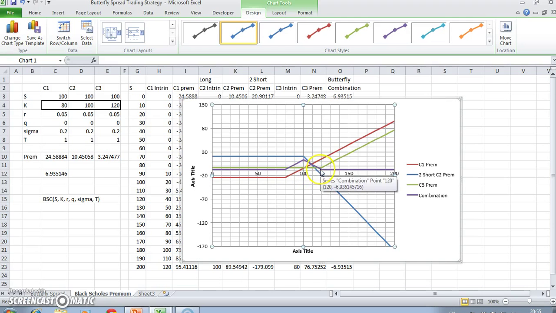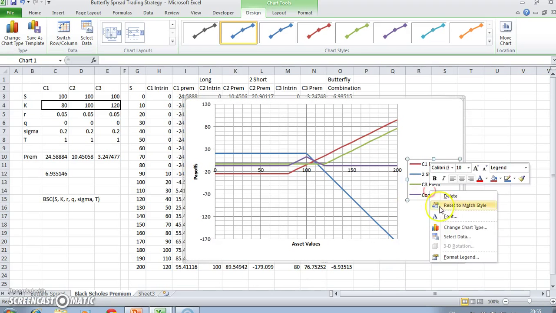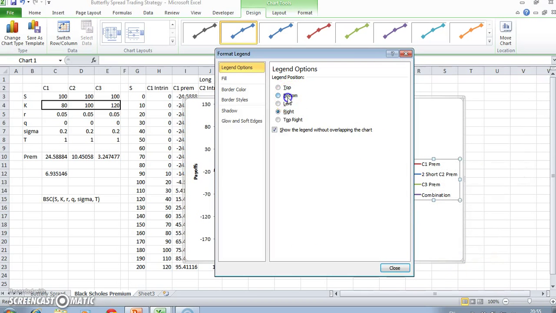So two boxes further out from 100, 120, and lower. Okay, and this we could write as the combination, or probably better, payoffs. And here, asset values. And we could put this underneath, format legend, bottom,